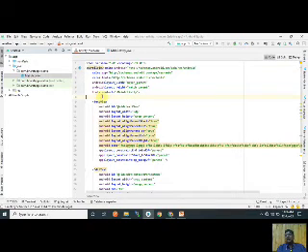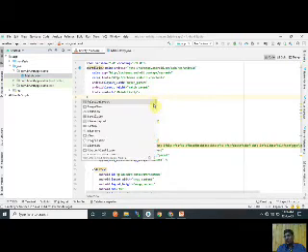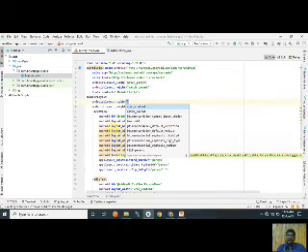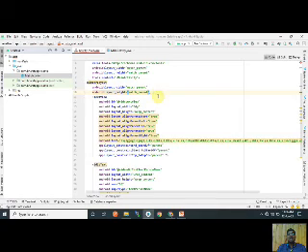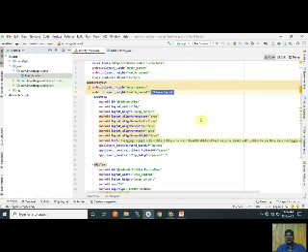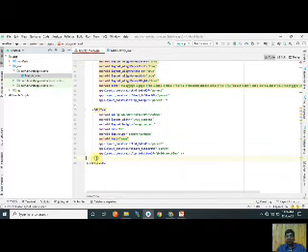Now all elements go inside the linear layout. So you insert the linear layout here, and close it. And cut this linear layout here and place it.